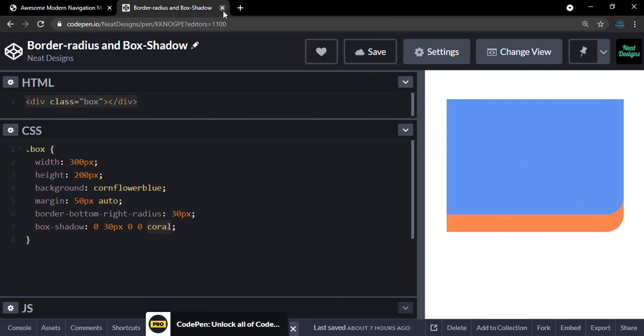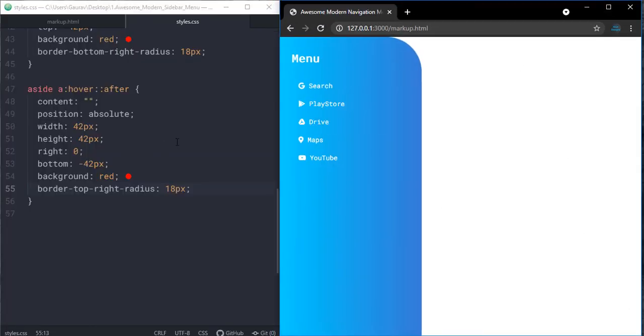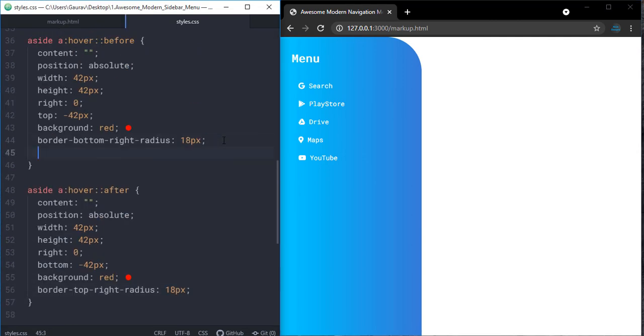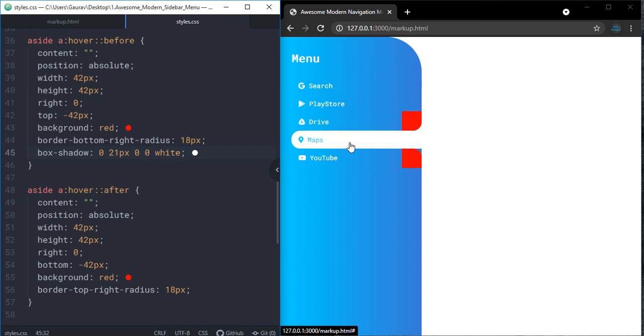So now we are going to use this trick to create the effect we want to create. So let's say box shadow. So 0 for the horizontal, 21 pixel for the vertical, 0 for the blur, 0 for the spread, and for the color we are going to use white. Okay, so now let's save it and let's check that out. As you can see that blue background has gone now, and we are only seeing the red on the top